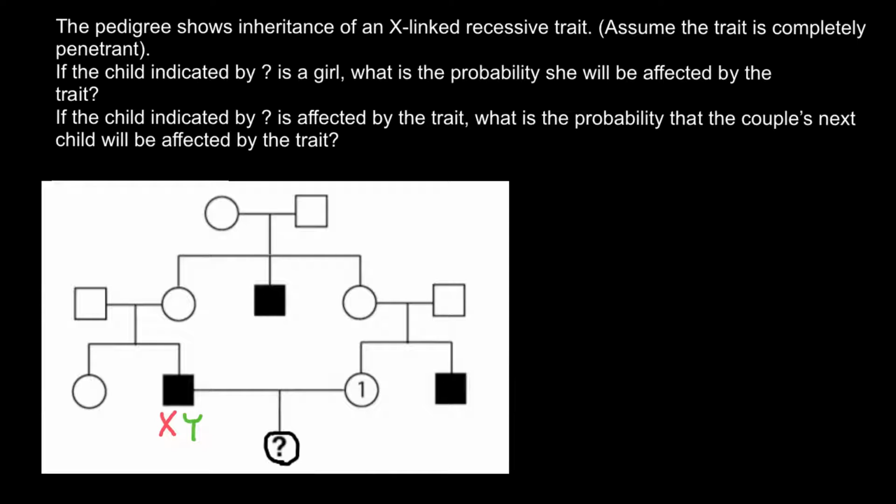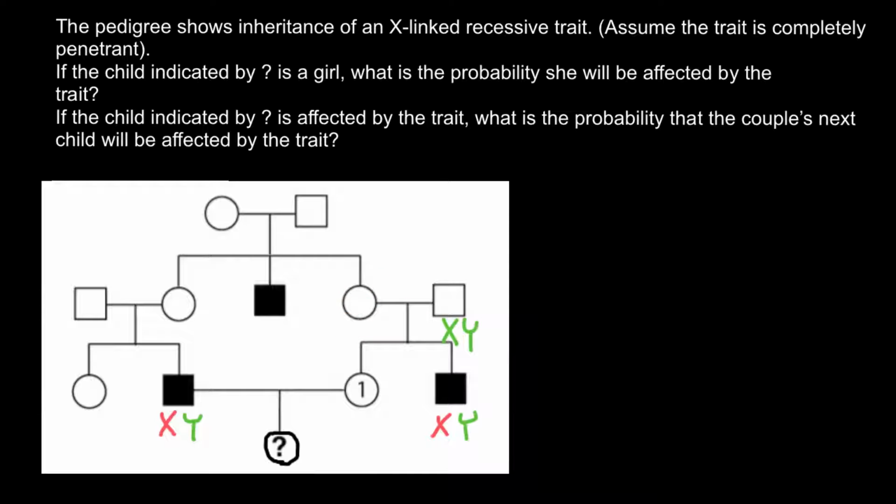We also know that the brother of the mother of this child is affected with this genetic disorder, so he also has one defective X chromosome and a normal Y chromosome. Because the father of this child is not affected, we can say that the father has a normal X chromosome and a normal Y chromosome. So the only way that this person got this defective X chromosome,